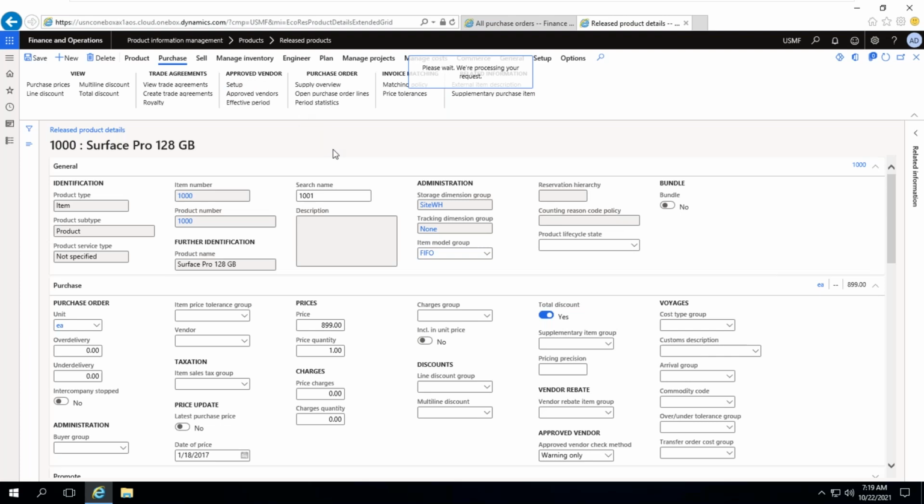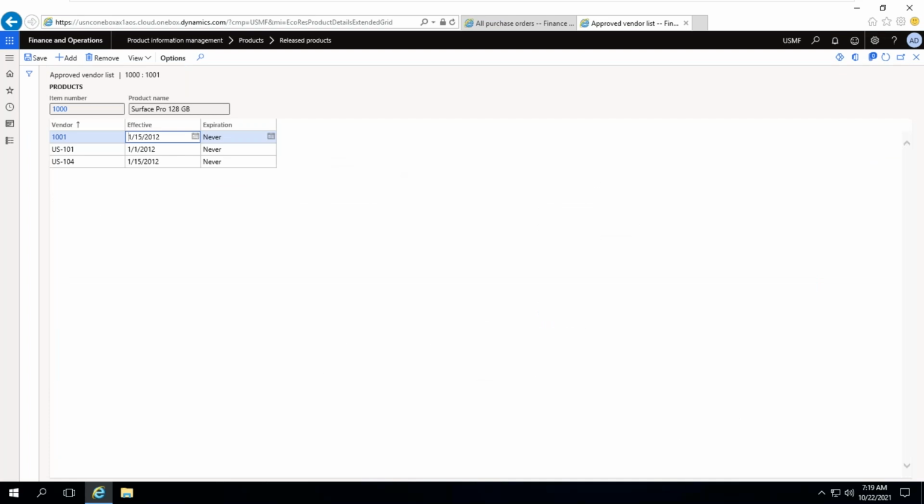Look at this one. So 1001, US 101, US 104. From these vendors only I would like to purchase. So I have added the approved vendor list here.